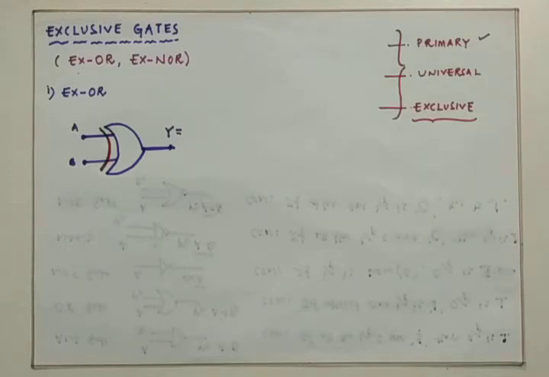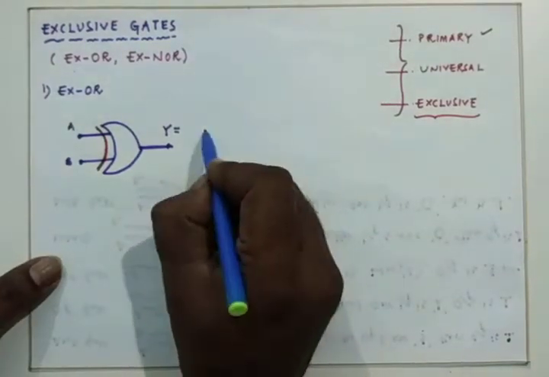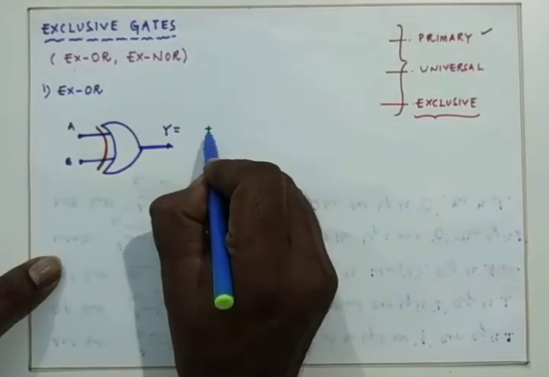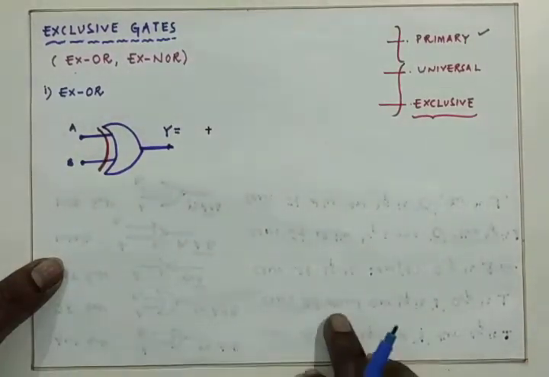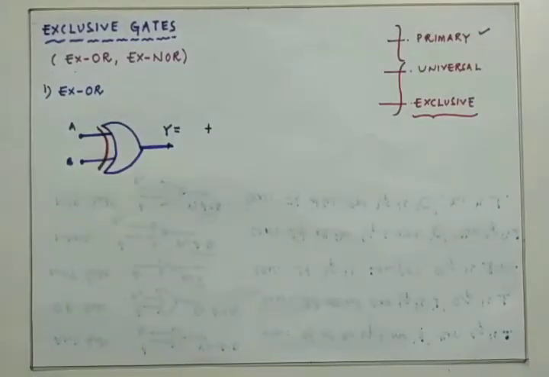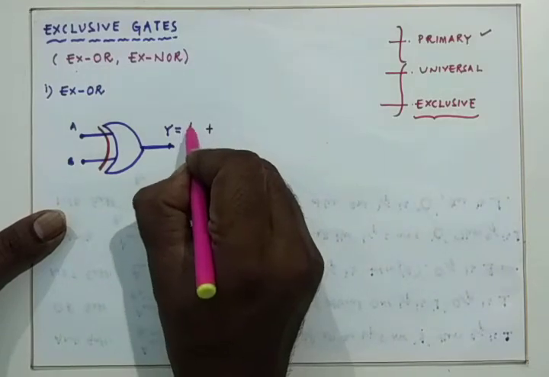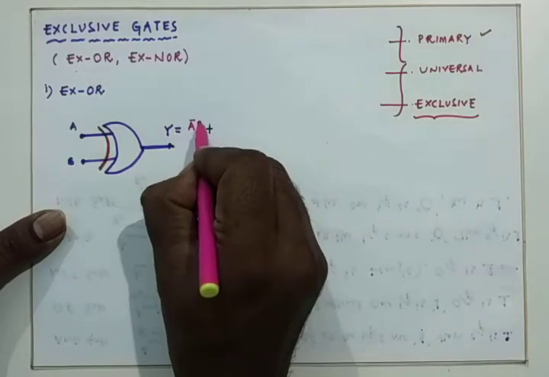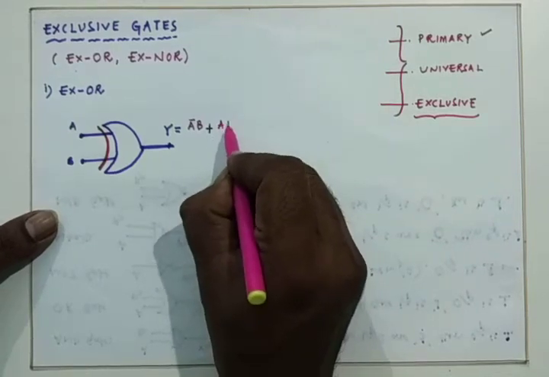Generally OR is used to provide the addition of two input signals only. Here this is an OR gate. Basically it is an OR gate only, which is used to provide the addition of inputs, but that addition is going to have the addition of two product terms. Those product terms will be like this. The inputs are A, B, right? So the first product term will be A bar B, and the second product term will be A B bar.